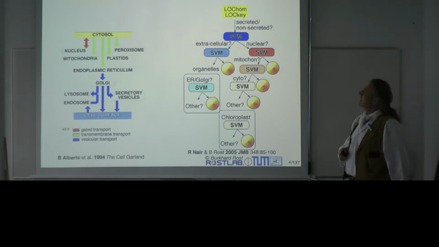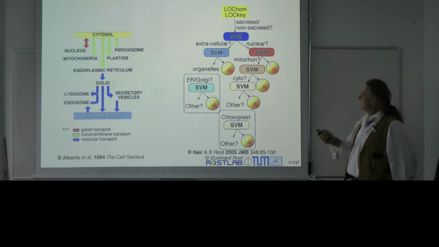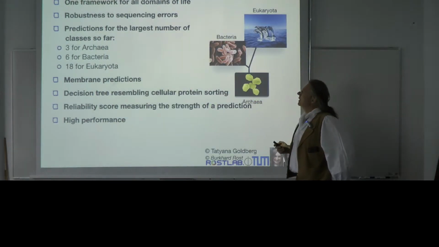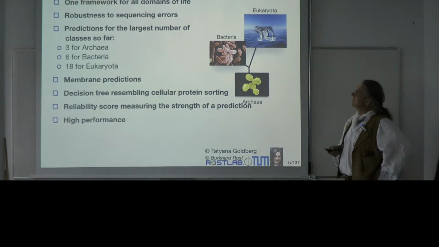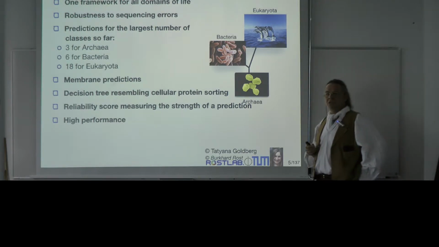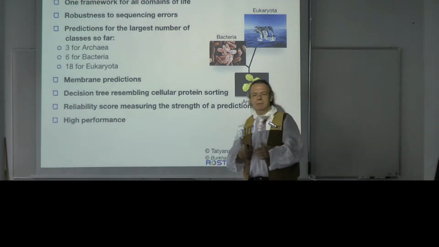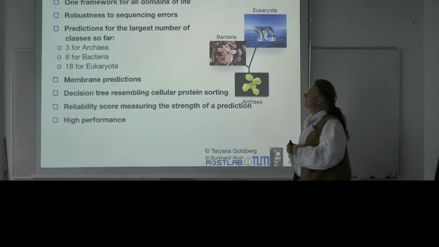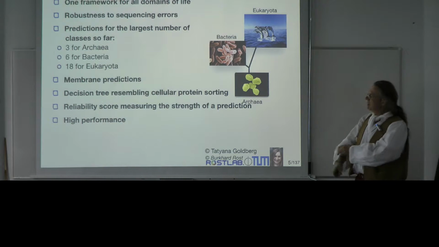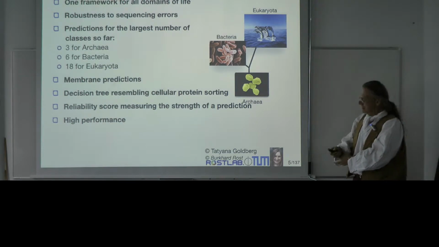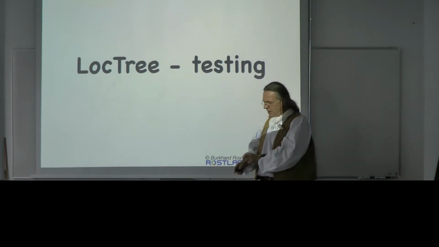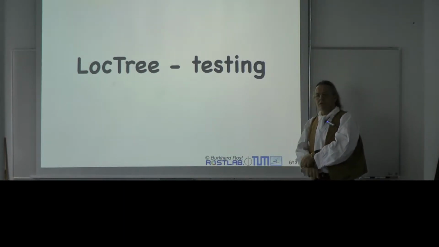We talked about the hierarchical prediction system that somehow mimics the cellular path. We talked about having a system that is robust against sequencing errors, that gives one framework for the domain of life, that somehow uses signals of conservation, motifs to predict, so it puts evolutionary information into the system, has membrane prediction, and has the reliability score and has high performance. The answer to all of that was Loctree,